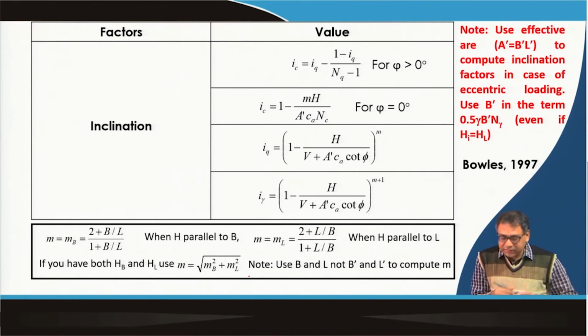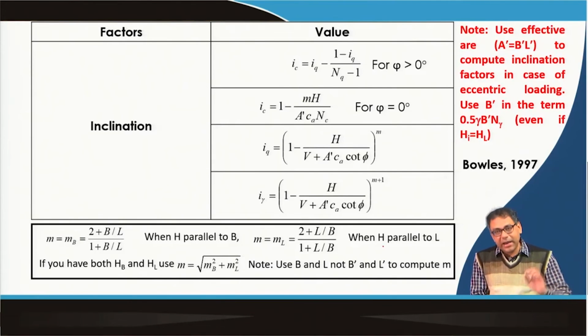Now, this is the inclination factor. This is the phi equal to 0 case, and the first one is the phi greater than 0 case, and then iq and i gamma. So, you can use these two equations. A dash is the effective area, CA is 0.621 times the base cohesion CA value, and phi is the friction angle, but the m value you will calculate by these